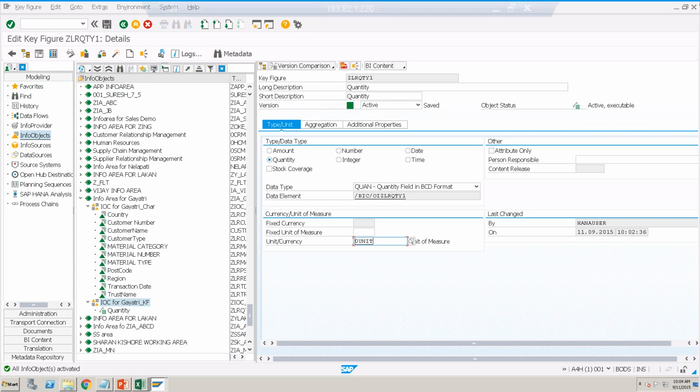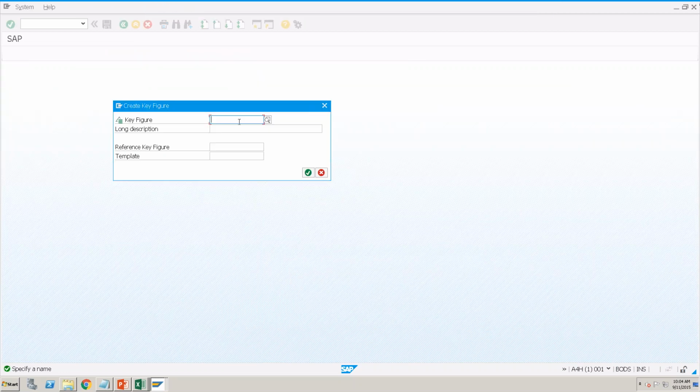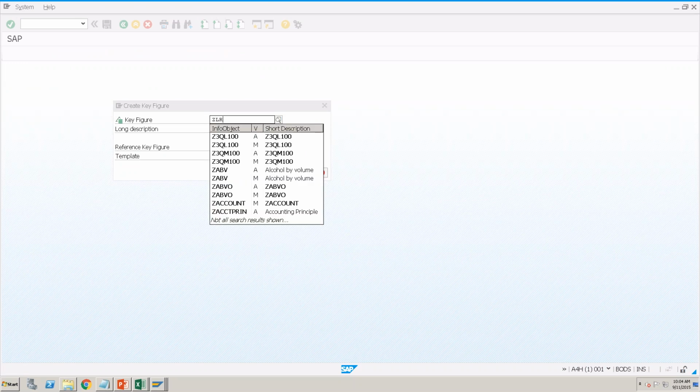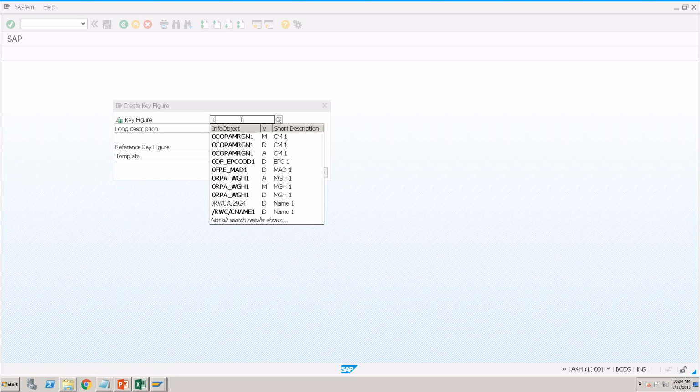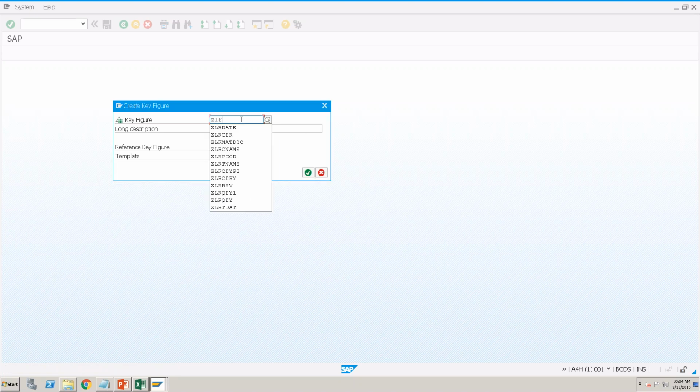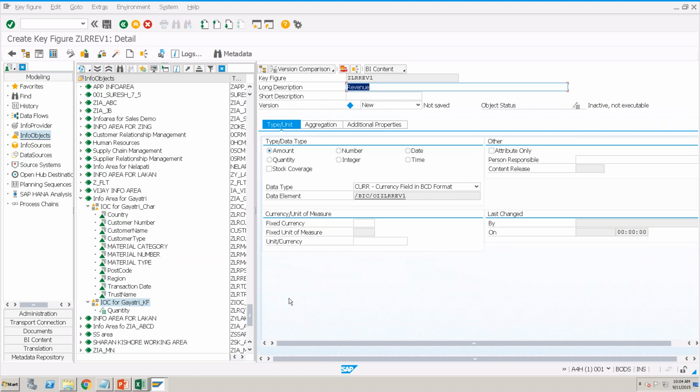And on similar lines, create another key figure called revenue. Right click over here, click on create info object. Okay, here go with ZLRREV. Okay, so revenue, click on OK to continue. Some object is there, so let's go to revenue one, ZLRREV1. Now whenever you go with the revenue amount, make sure the type is amount, and whenever